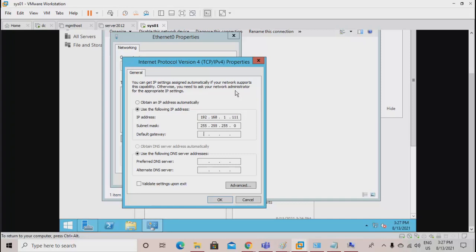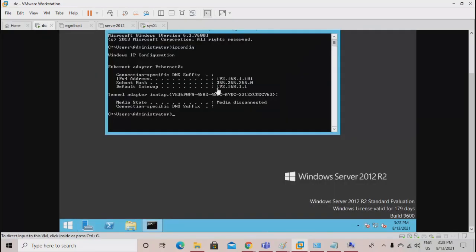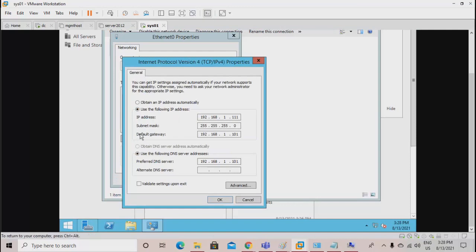Subnet mask. Gateway will be the domain controller IP, that is 101. And even the DNS will be the same, 192.168.1.101. So we found this IP 192.168.1.101. It's the DC IP, and the DC IP is given as default gateway and also the DNS. यहाँ तक clear है?